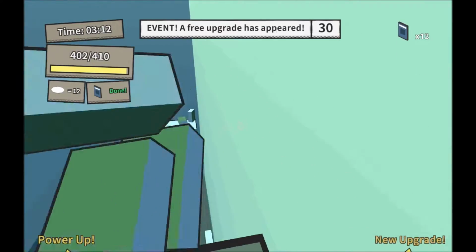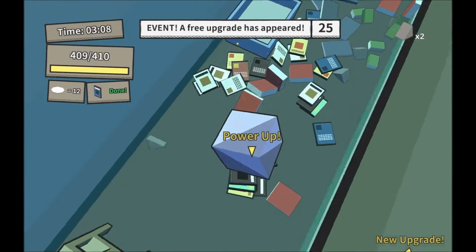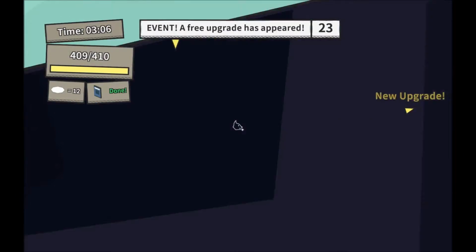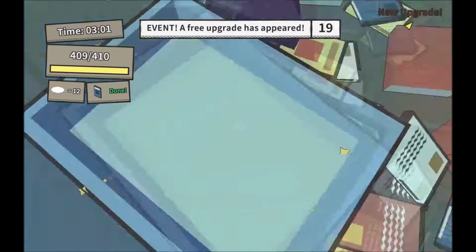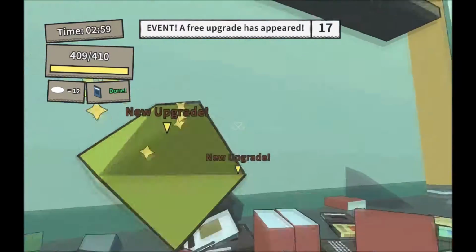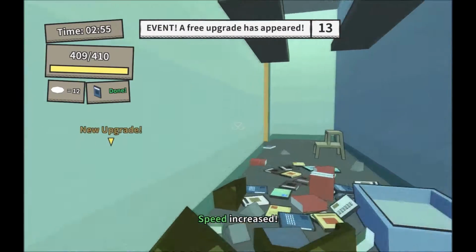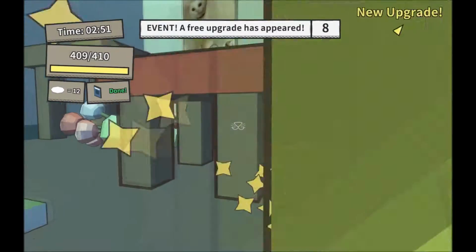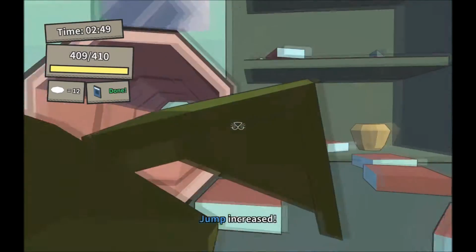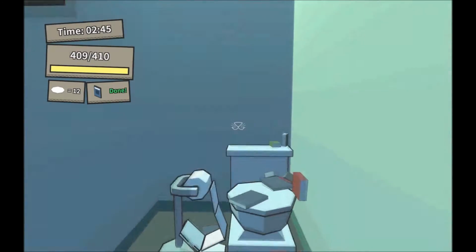That might be enough actually. A free upgrade has appeared. Is that just below us? Yeah. Alright, now it's time to use my litter tray. There's another upgrade somewhere. Wow, I'm confused. Oh. It's a duck. Jump increase. Oh, that's handy. I wonder if I can get up to...